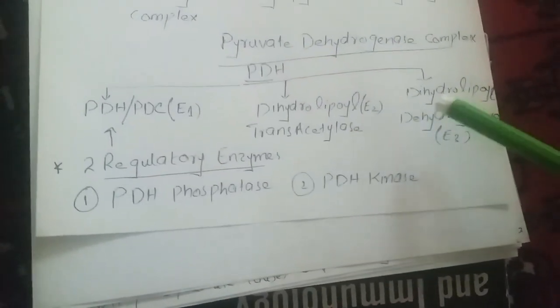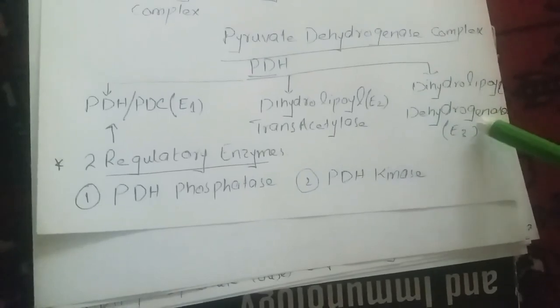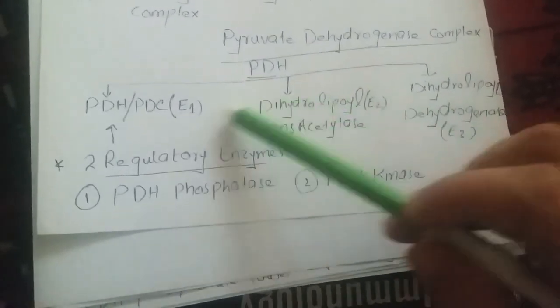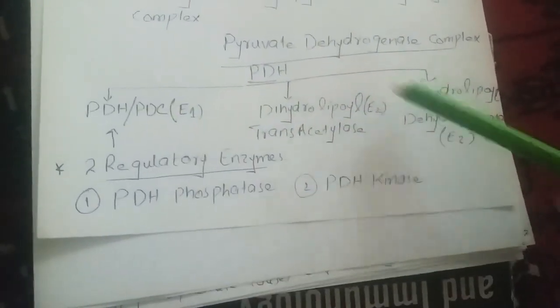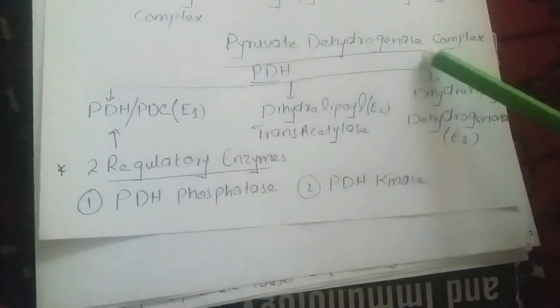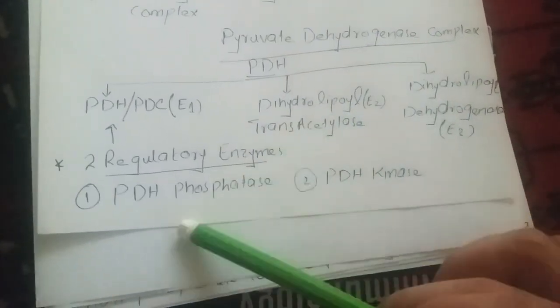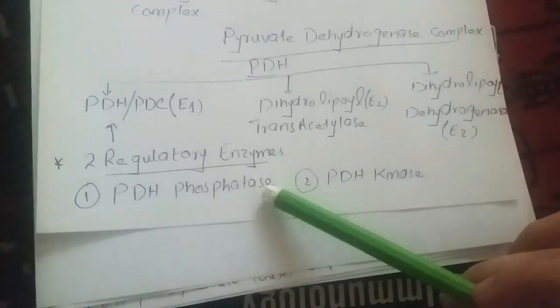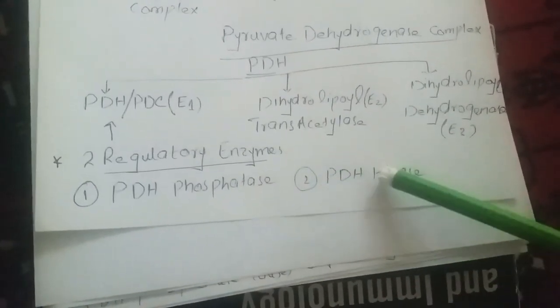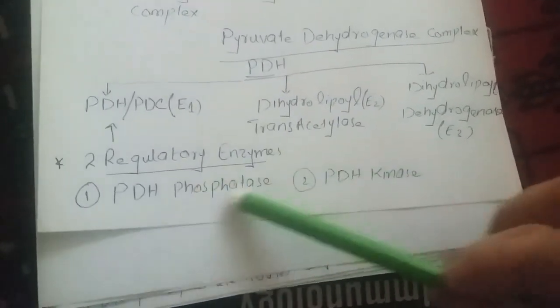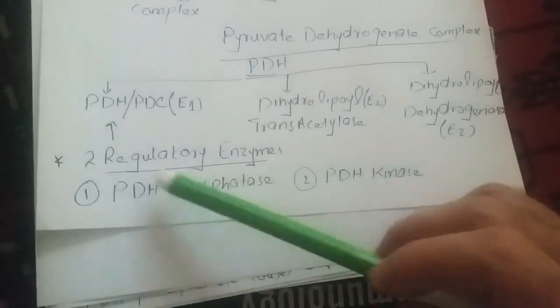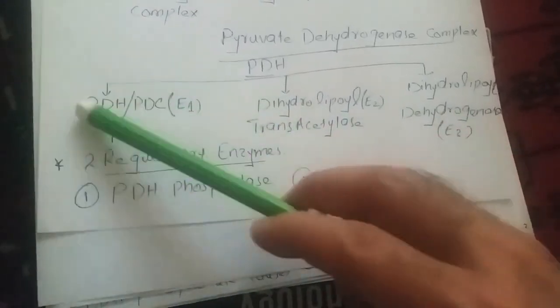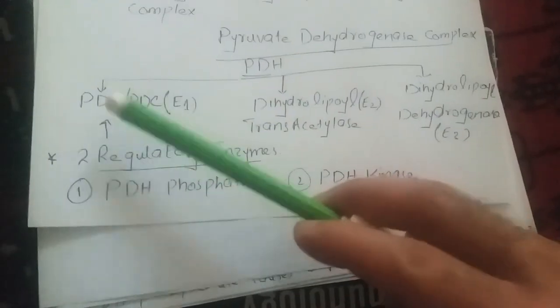E3 is dihydrolipoyl dehydrogenase. These three enzymes are the functional enzymes of the pyruvate dehydrogenase complex, while the two regulatory enzymes are pyruvate dehydrogenase phosphatase and pyruvate dehydrogenase kinase, and both regulate the function of E1,